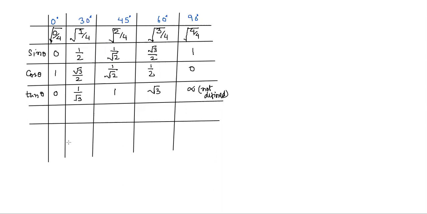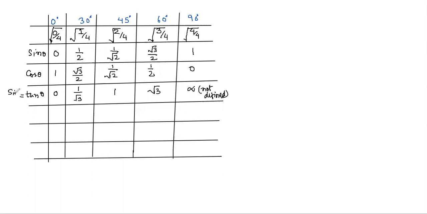Children, you have learned that cosec theta is the reciprocal of sine theta. Sec theta is the reciprocal of cos theta, and cot theta is the reciprocal of tan theta. So we will be using the same formulas to get it. We have used here that tan theta is equal to sine theta upon cos theta. So we divided the value of sine theta by cos theta to get the value of tan theta.